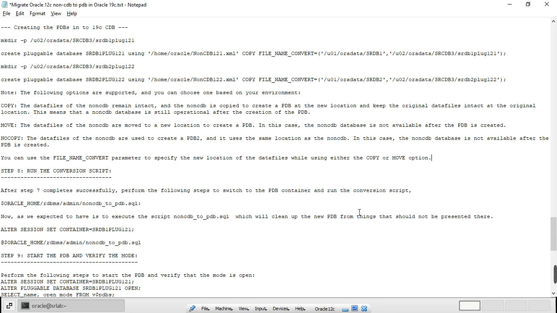Now we have to go with the test update, run the conversion script. After step 7 completes successfully, perform the following steps to switch to the PDB container and run the conversion script.